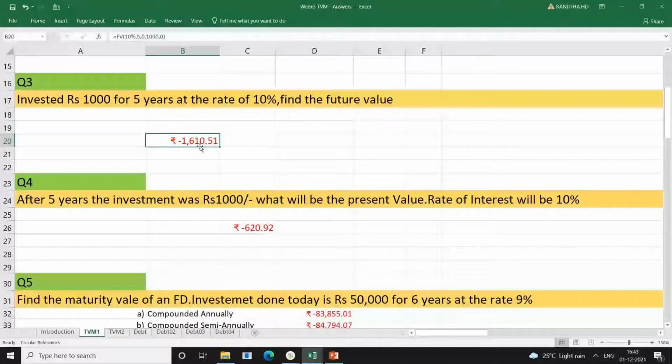But if the cash is flowing to us for whatever FD we are doing, that will be an inflow. If the amount is flowing in, it is positive because it is positive for you. But if the amount is going out, that is negative. So if the amount is going out, you give it as minus itself. If the cash is coming in, you make it a positive value. Okay, sir. Thank you, sir.